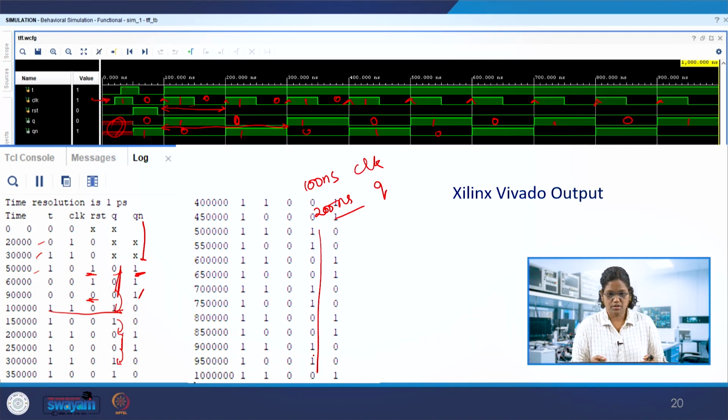So we have just given the functional table and excitation table of a few flip-flops which we will be using in this course, and how we convert one flip-flop to another, and instantiate the smaller module, the module which you had used initially. That same module can be used to build larger modules in Verilog, and we'll be building this DT and using this T with some other sequential circuits as well.